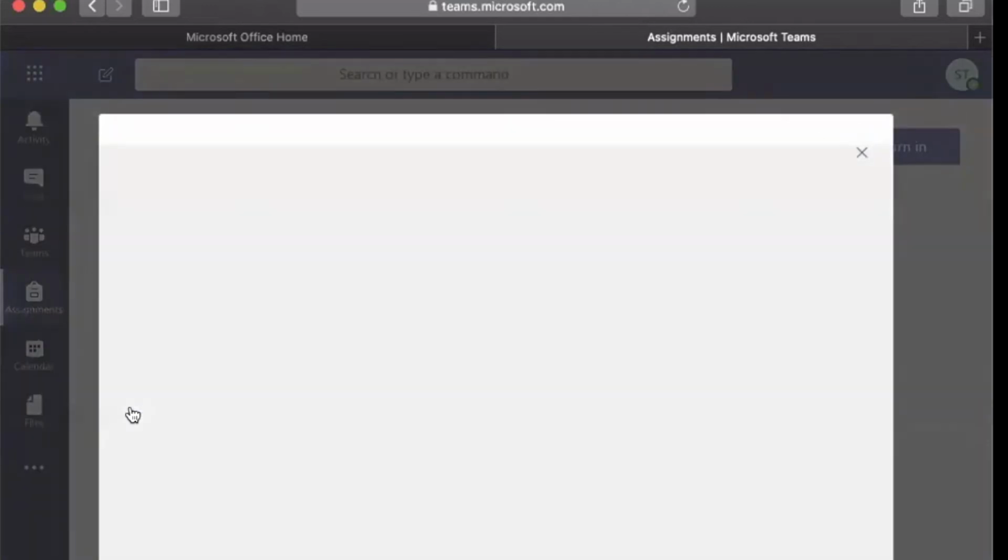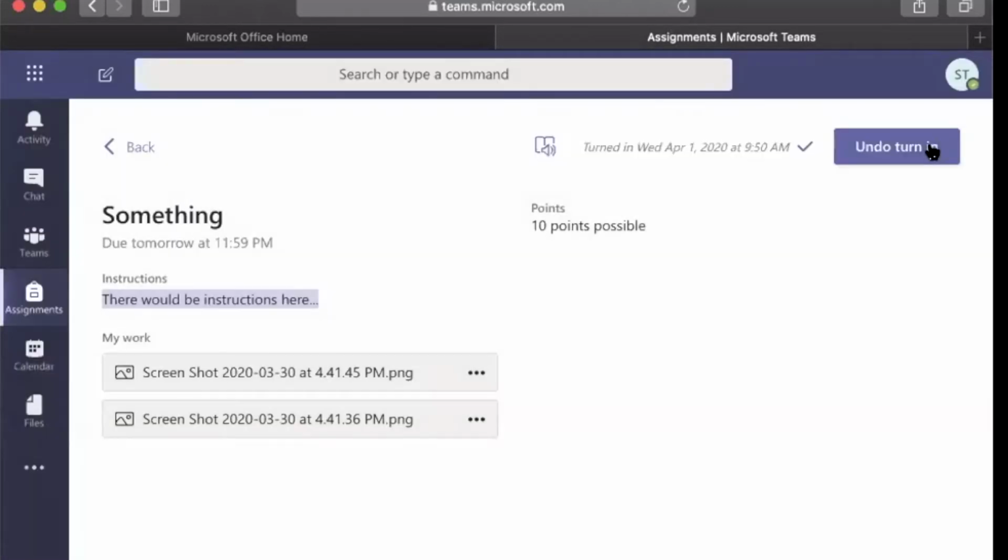add whatever you're missing, and then turn it in again. But you won't get an animation. Then on my end, when I go into your assignment and I see everybody, I can see when the people that turned it in, and then I will be able to, let me go ahead and do that really quick.